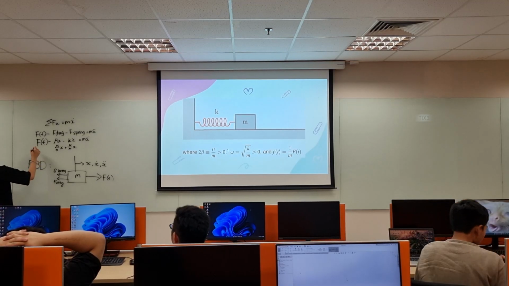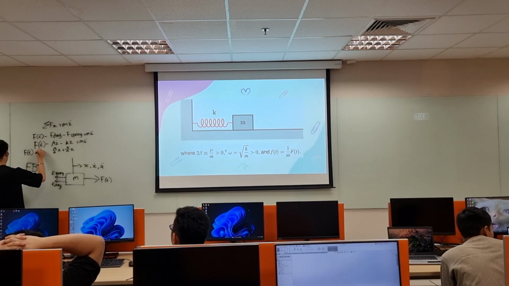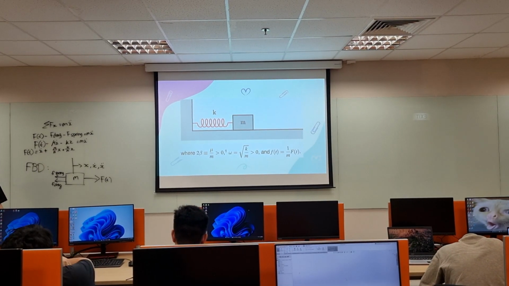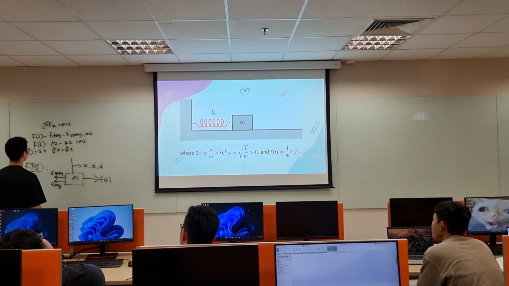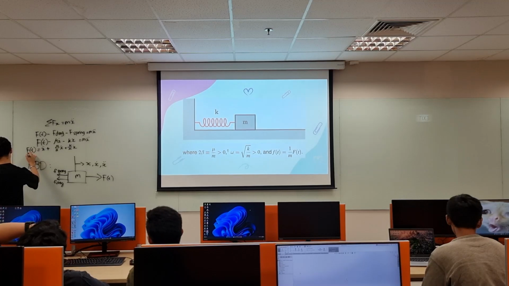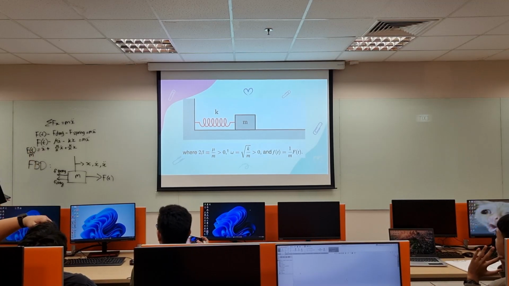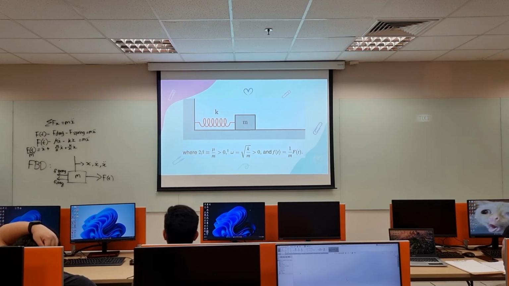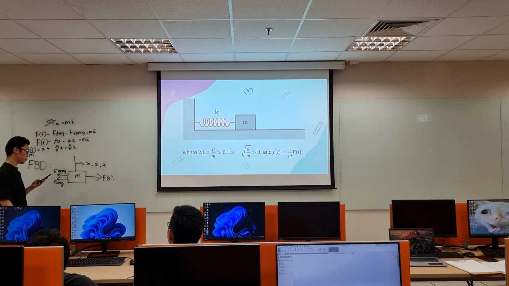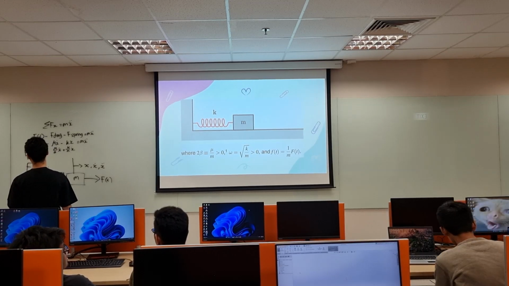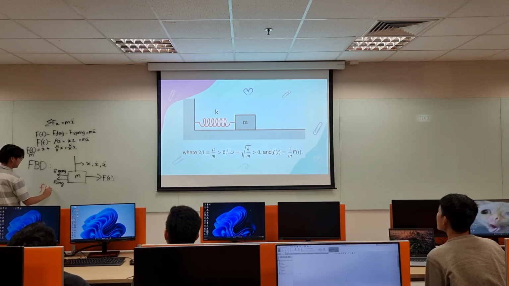x double dot, over m. So this will be our beta, and this will be our omega here. So the final equation will be f(t), where this is the Fourier function,